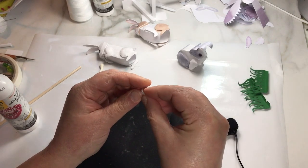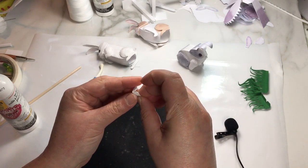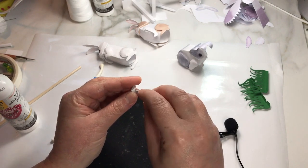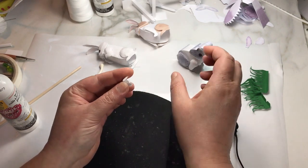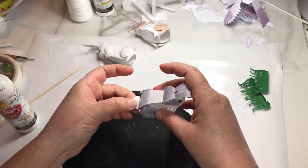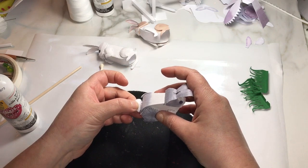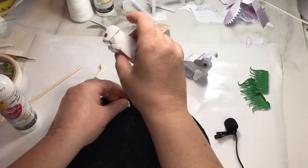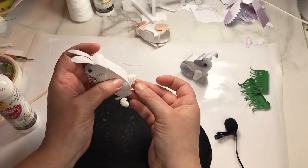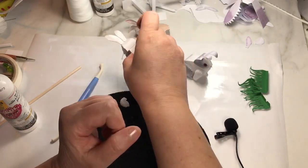Okay, and then once it's dry, you'll create this sort of L shape or 90-degree angle, and you'll add some glue onto those tabs, and you'll just place it to the back of your bunny like so. Okay, just find your center and stick it on. And you can see I've glued this one down already. Okay, so go ahead and do that for all 3 of your bunnies, and then we'll go off to the